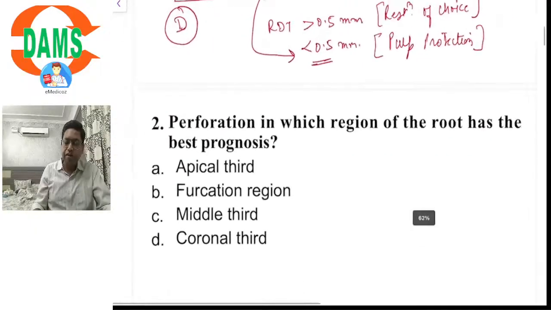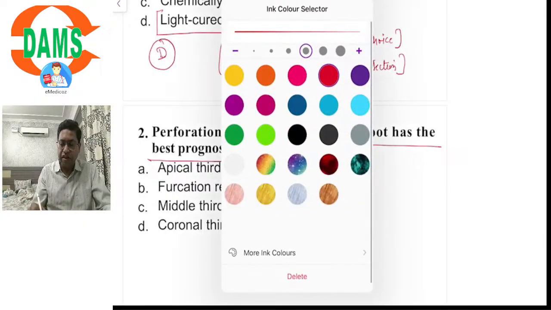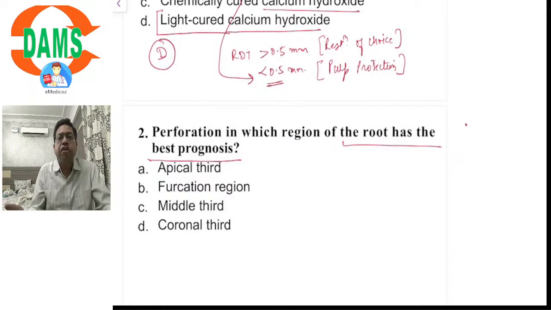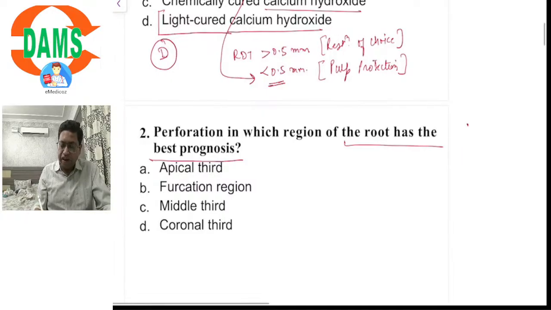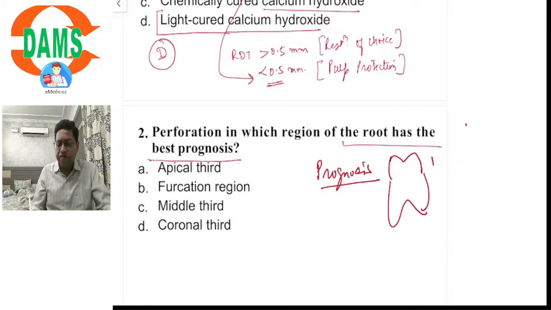Coming over to question number 2 as displayed on your screens. The perforation in which region of the root has the best prognosis? It is talking about perforation, an iatrogenic error. Perforation can be iatrogenic or pathological, but it is asking about best prognosis. So in general, we can talk about the prognosis of a tooth with perforation. If this is a tooth, the prognosis